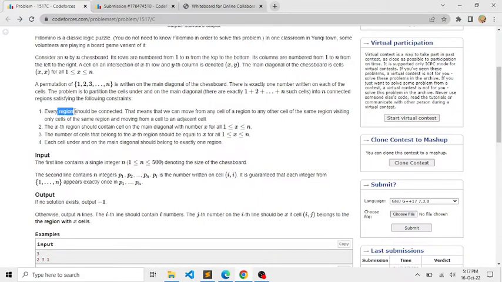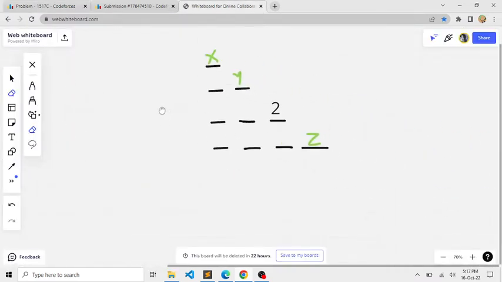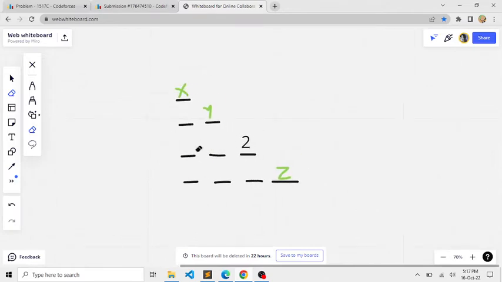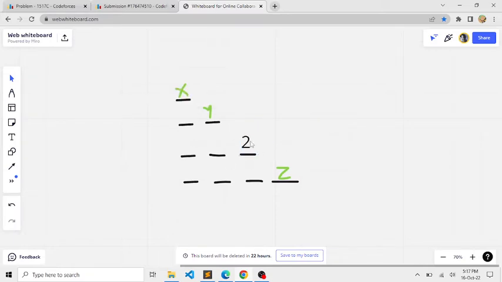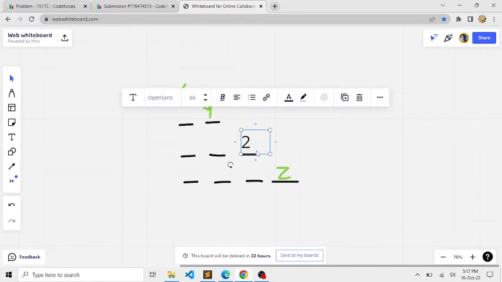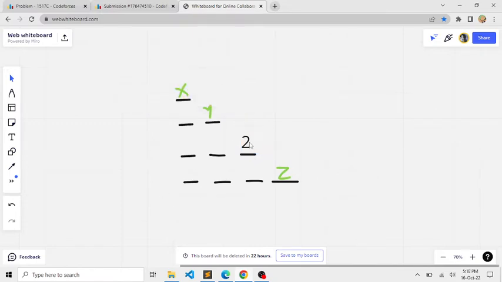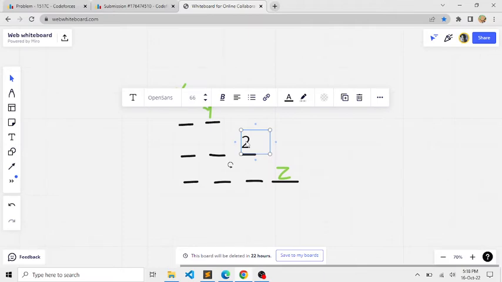Additionally, they have also mentioned the concept of regions and connected cells. Now let us try to understand it with the help of another example. In this example, consider a permutation of size 4, but for now we'll consider only a single cell, that is 2, in order to simplify it more easily. So if 2 lies on the diagonal of this structure, then it means that 2 forms a region. And in 2's region, they have mentioned that there must be in total 2 cells, and those 2 cells must be connected to each other.